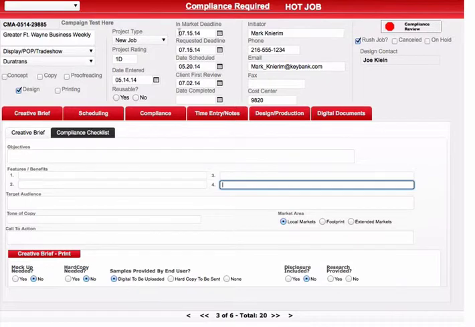And at the top of the screen, you'll notice we've got a bunch of details related to the important information about the project. So that goes from the unique identifier number to the name of the project, what type of project it is, general things that are being done on the project, such as concept, copy, etc. What type of project it is, project rating, and we'll explain what that is in a little bit, whether it's